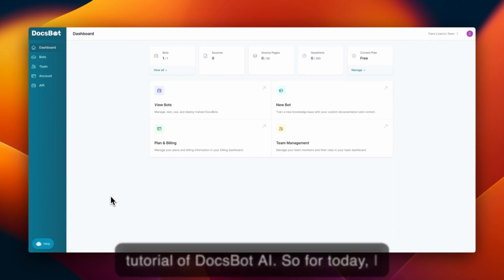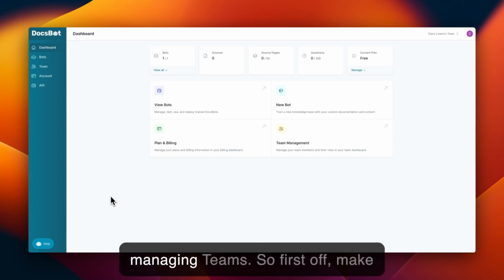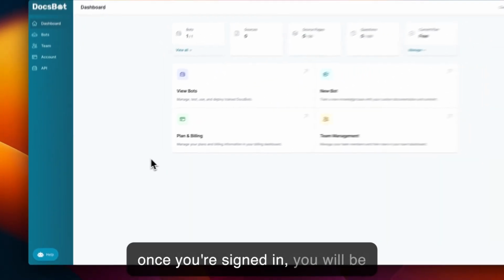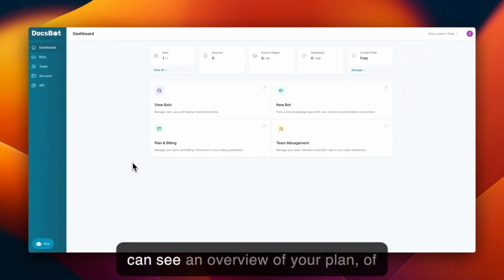So for today, I will be giving you a walkthrough in managing teams. First off, make sure that you're signed into your account. And once you're signed in, you will be taken to the dashboard where you can see an overview of your